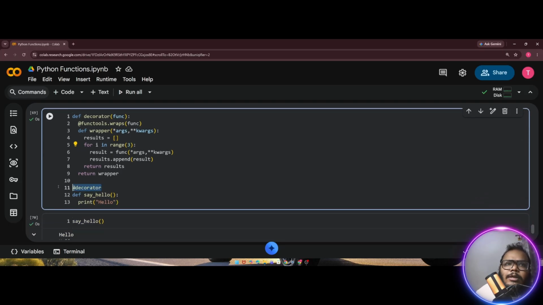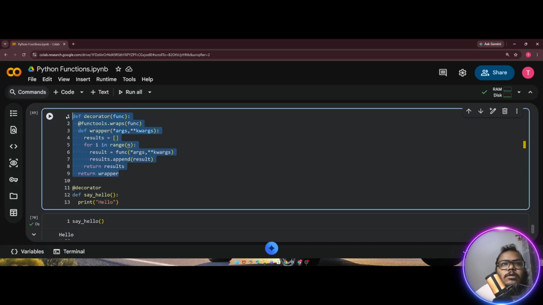Now, when I call the decorator, because what is the purpose of this decorator? The purpose of the decorator is to execute my Python code or my function 3 times, n times. I do not want 3 times. I want n times. How do we do that? That means what? I want to run my decorator in this way. Now, when it's about passing your own custom arguments inside decorator, you cannot do directly. For this, what you need to do, you need to